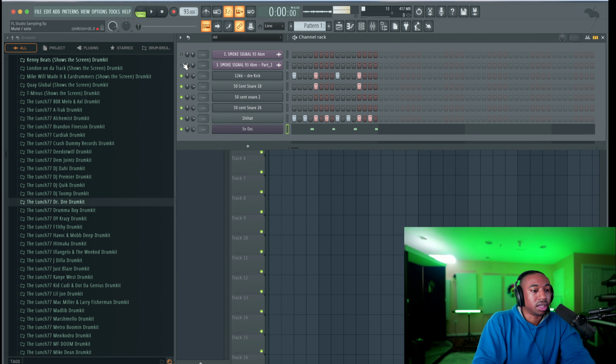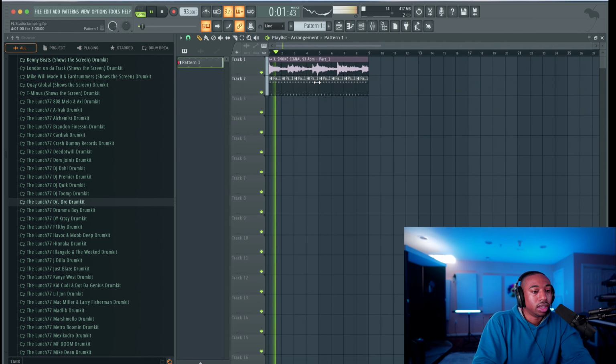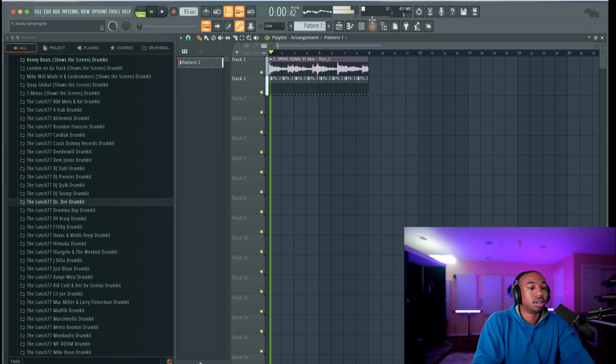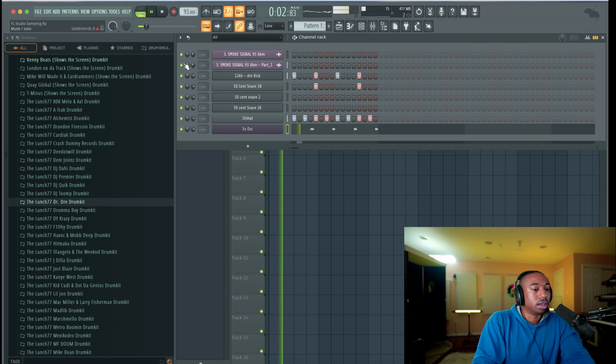It has a nice bounce, but let's see if it fits the sample. It doesn't really fit the sample, but I like the bounce. So let's figure out a way where we can